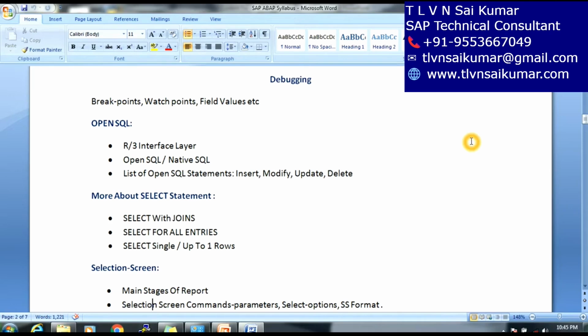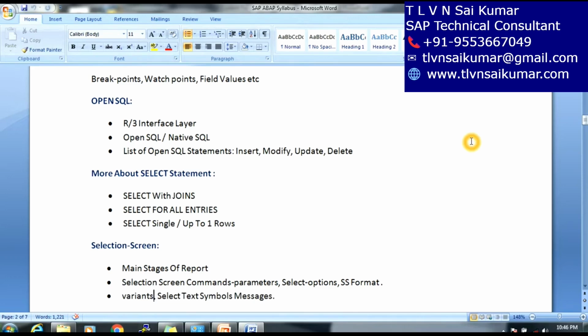In OpenSQL there are different layers, like the R/3 interface layers. Next, OpenSQL and native SQL: what is OpenSQL, what is native SQL, and the difference between native SQL and OpenSQL. Then we are going to discuss the list of OpenSQL statements, like insert, modify, update, delete. How to insert, modify, update, and delete, we will discuss later in